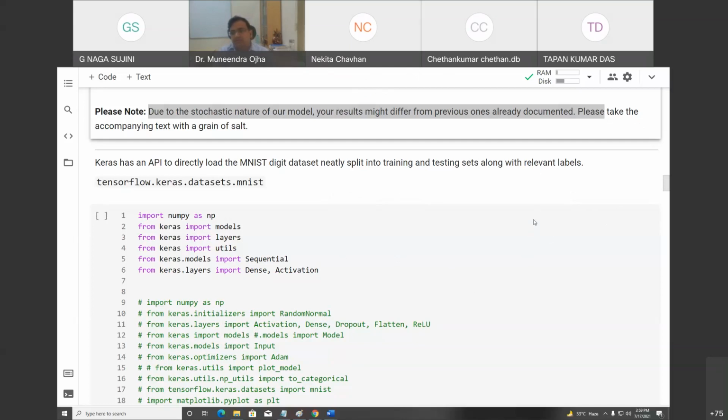Aditya, are you there? Okay, let us interact. Aditya, if you are there, probably you can unmute yourself and speak. Or anybody. Appaji, if you are there.